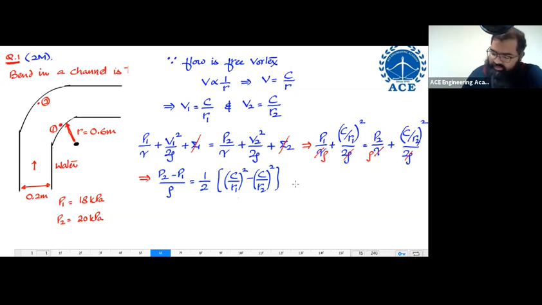So P2 minus P1 is equal to how much? 20 kilopascal, means 20,000 minus 18,000, divided by density of water 1000, is equal to half of C square upon R1 square. What is the radius of this point? It is equal to 0.6 square, minus